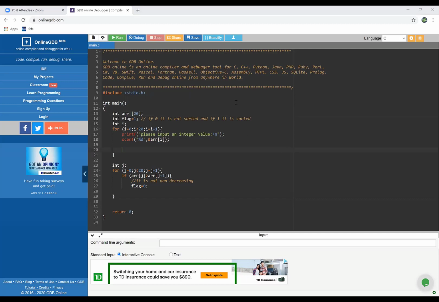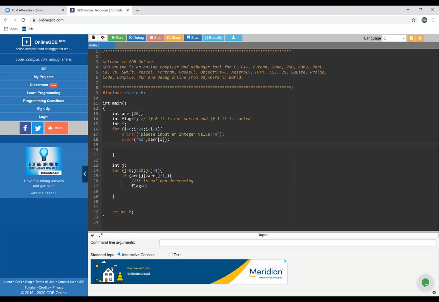So what I wanted to do is begin my flag as 1, which means I'm saying, okay, by default it's satisfied, it's sorted. So this is a hypothesis that I have at the beginning. And then I check between every 2 elements. Once any 2 elements break the condition, the flag will be 0, right? So at the end, if the flag is still 1,